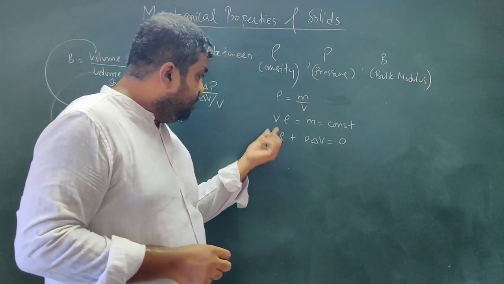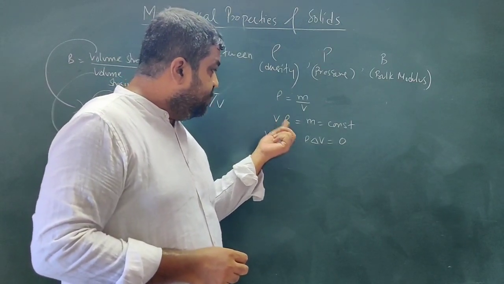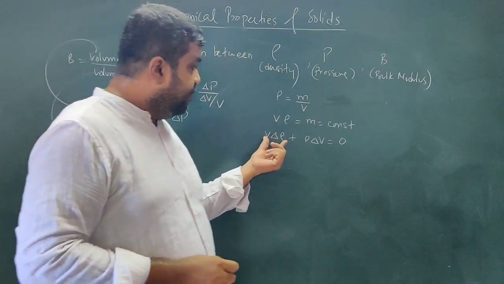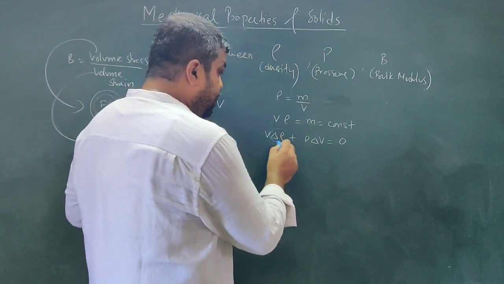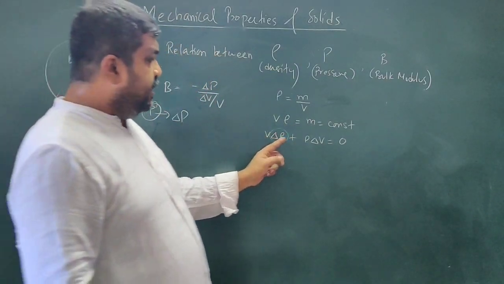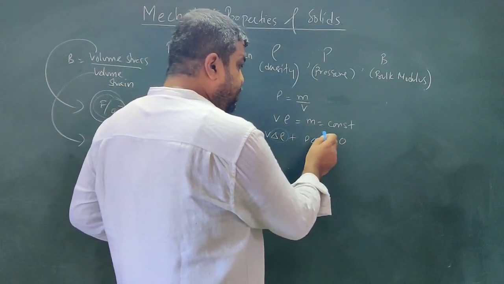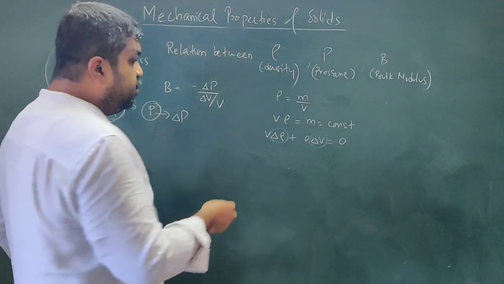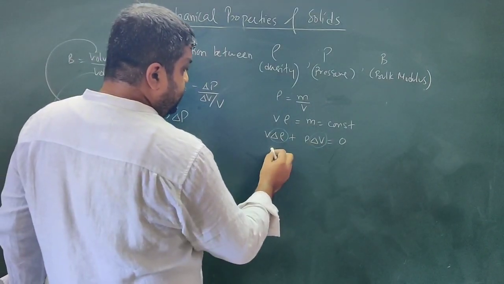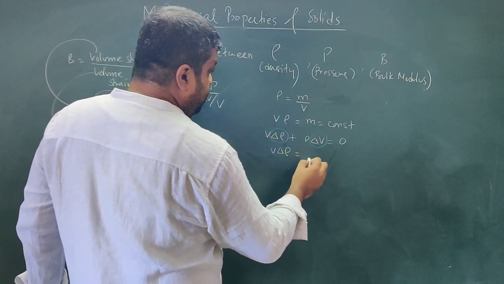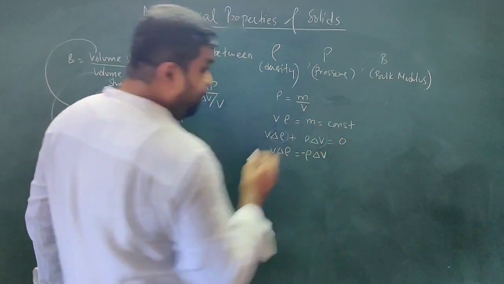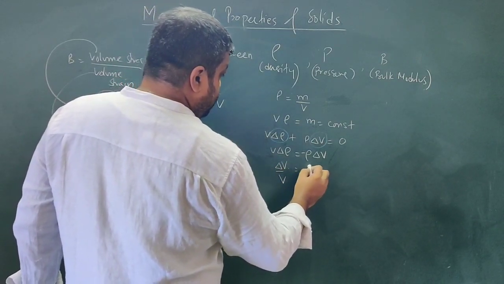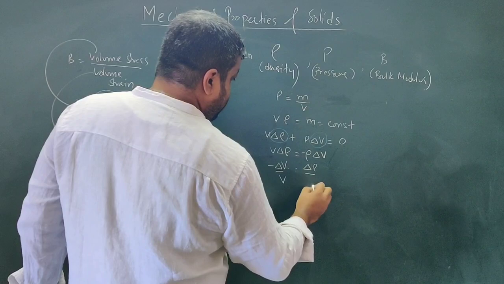Why? Here we have two variables, volume and density, and mass is a constant. So when you have two variables, how do you differentiate? I have differentiated density, so here I am changing the density, keeping volume constant. Then I have kept density constant and differentiated volume. And that is equal to 0 because mass is constant. So I can write V delta rho is equal to minus rho delta V. So that is minus delta V by V is equal to delta rho by rho.